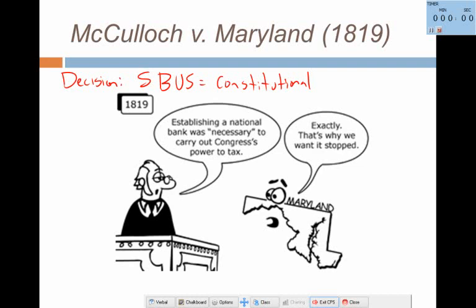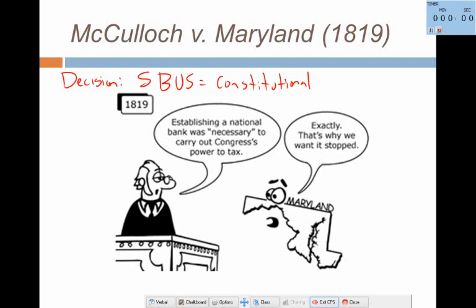And should that have been the end of this debate? Because the Supreme Court has the final say in determining the constitutionality of law. And what power is that where they have that final say? What is that power called? Judicial review. So they have that power of judicial review. So again, you should know that McCulloch v. Maryland ruled that the bank was constitutional.